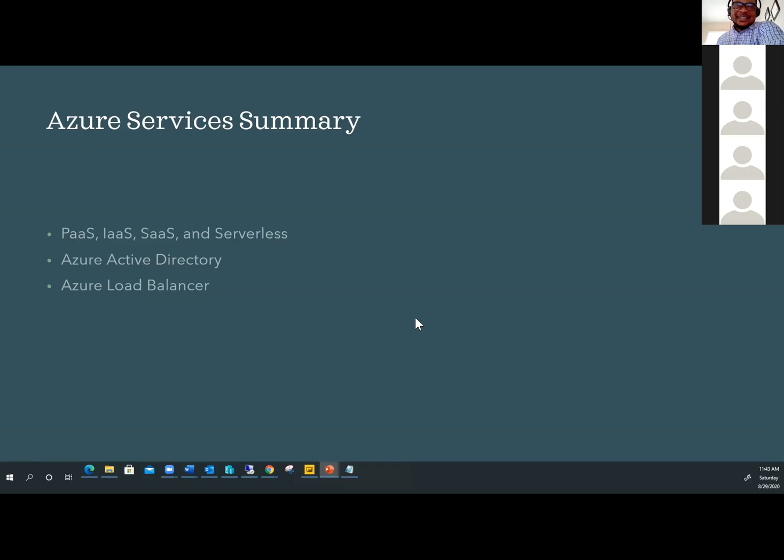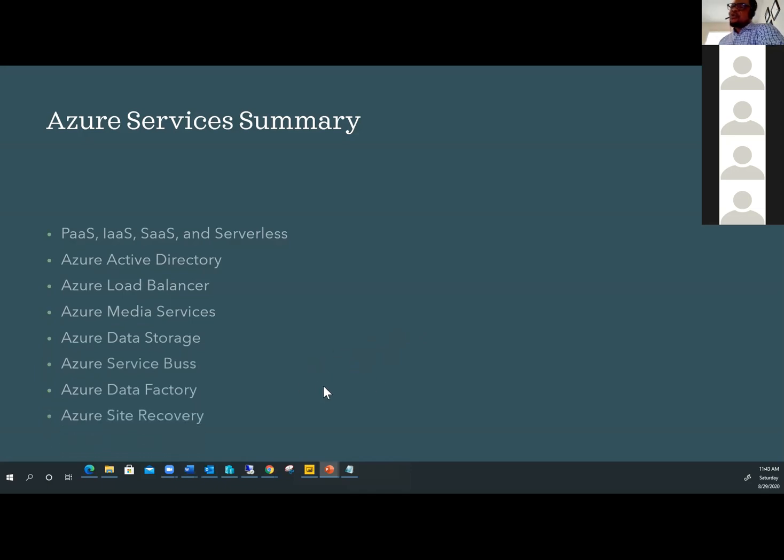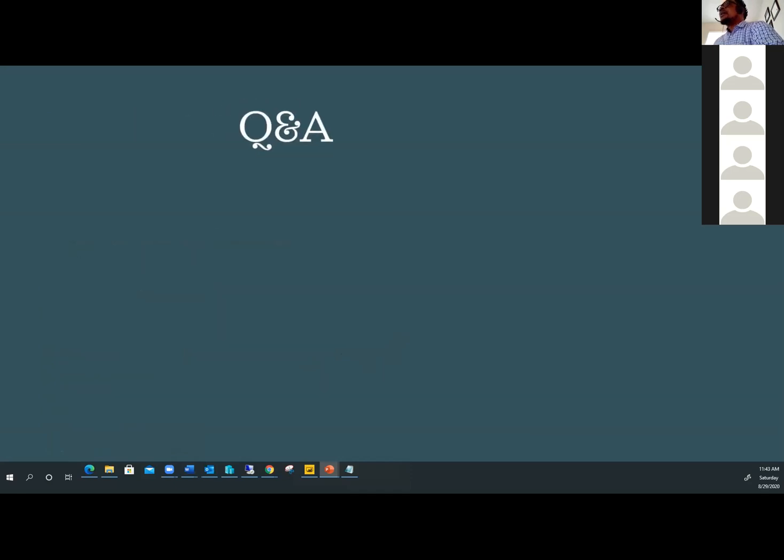Azure Load Balancer. We talked about Azure Media Services, which is a platform where you can upload videos. Azure Data Storage, your storage in the cloud. Azure Service Bus, which is for your messages. Azure Data Factory, your SSIS in the cloud. Azure Site Recovery, your ultimate cost-effective solution for disaster recovery. All right, woo! That was the fastest